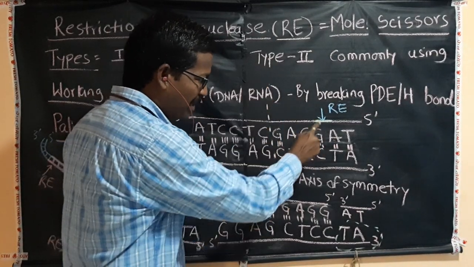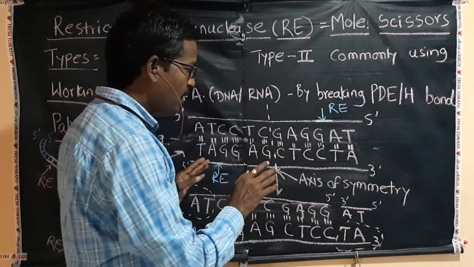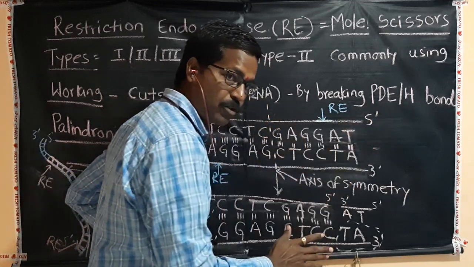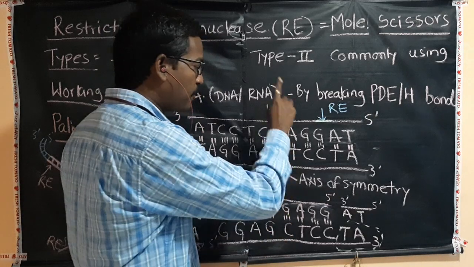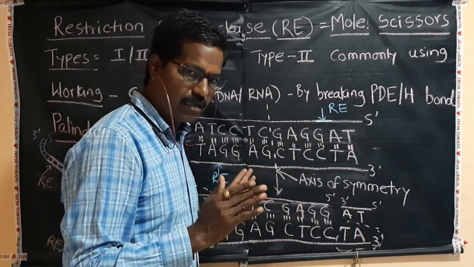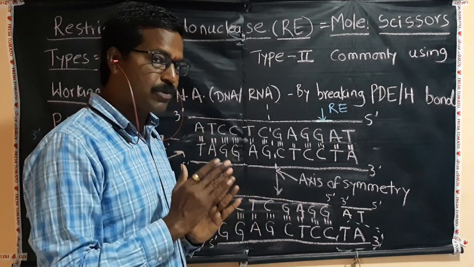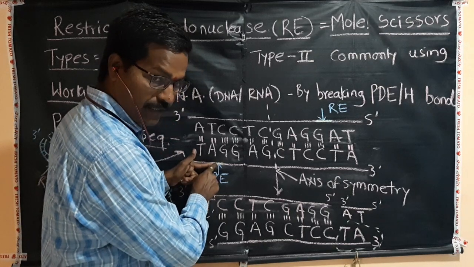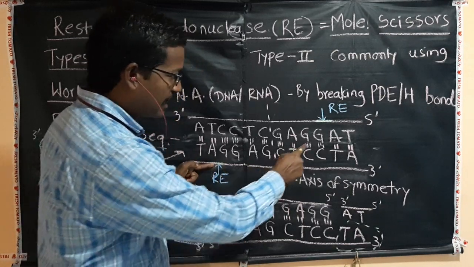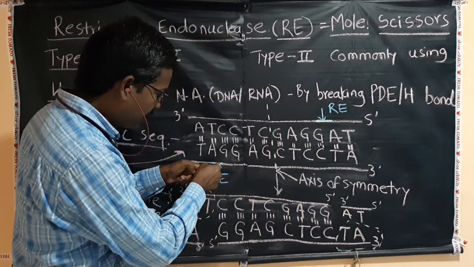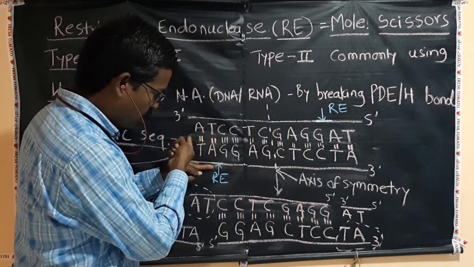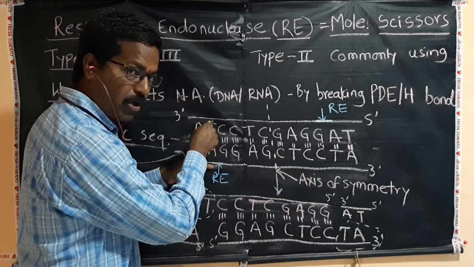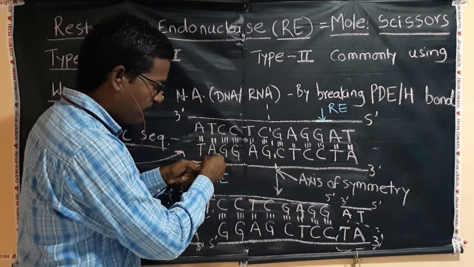Restriction enzyme type 2 will cut near the axis of symmetry, while type 1 and type 3 may cut directly on the axis of symmetry or far away from the axis of symmetry. While type 2 will cut nicely just away from the axis of symmetry, not far away, not actually at the axis of symmetry. So when these restriction enzymes are working, it will cut the DNA here, and it will cut this phosphodiester bond as well as these hydrogen bonds. The hydrogen bonds are between the two nucleotides on the opposite strands, while a phosphodiester bond is between the two nucleotides on the same strand.